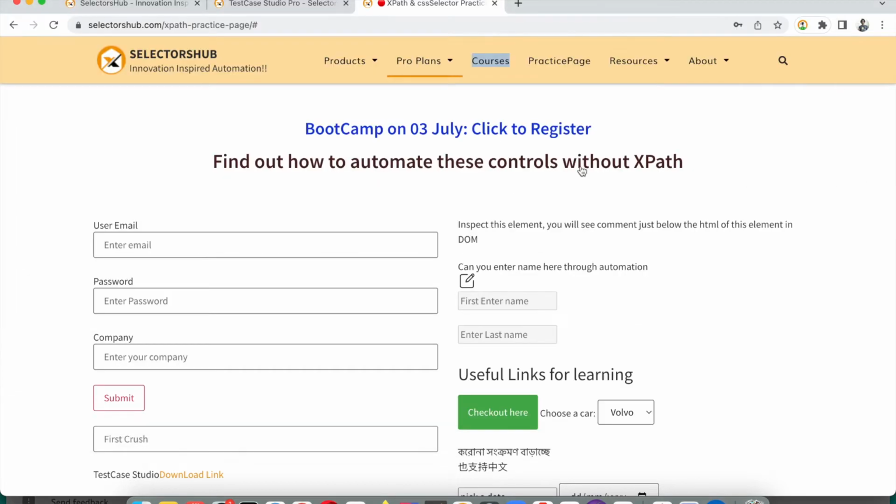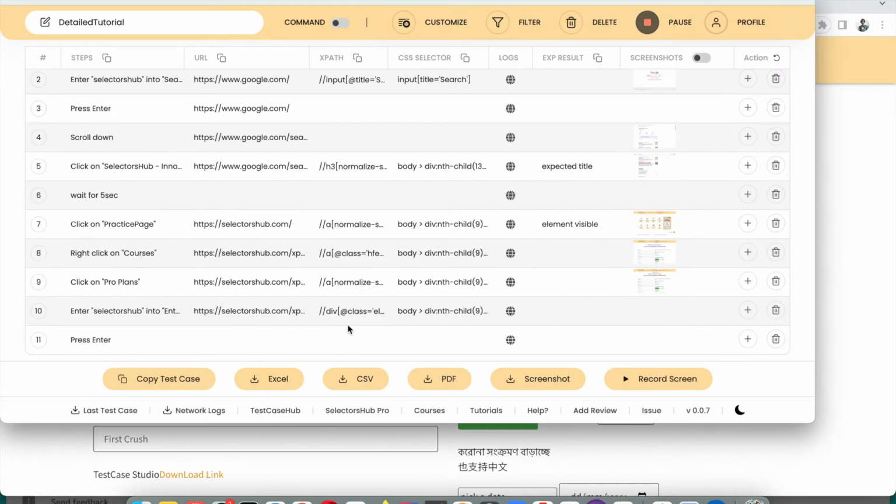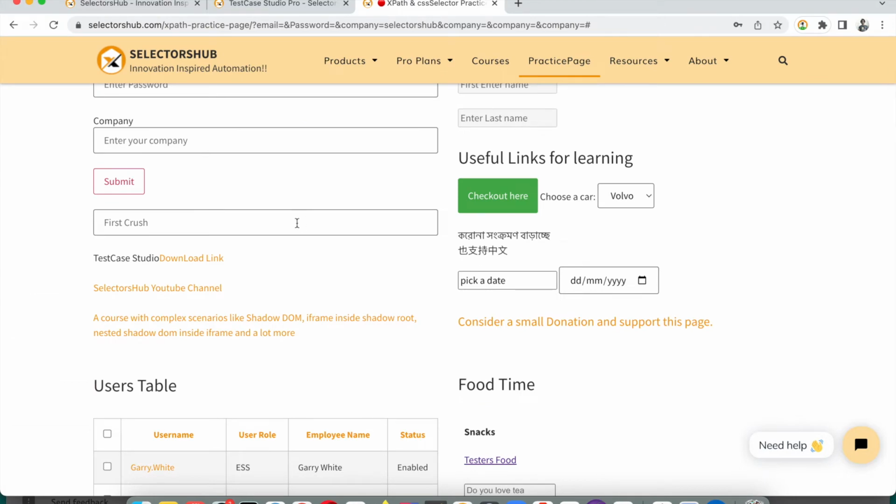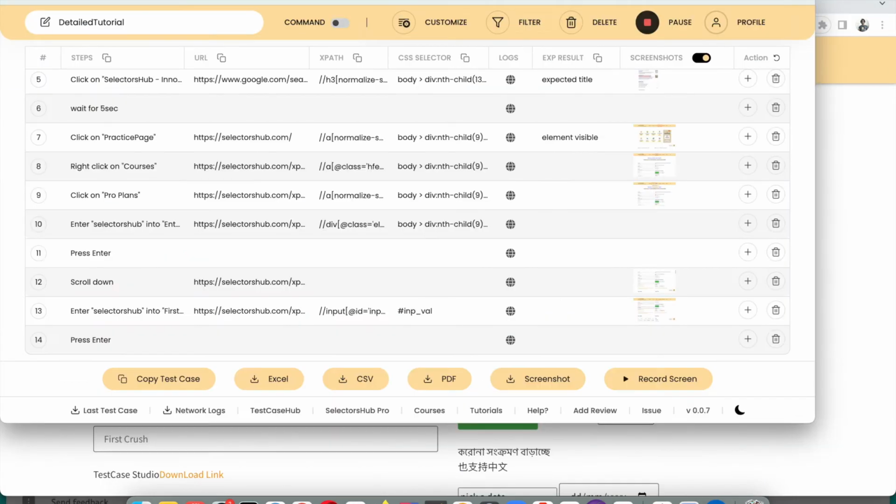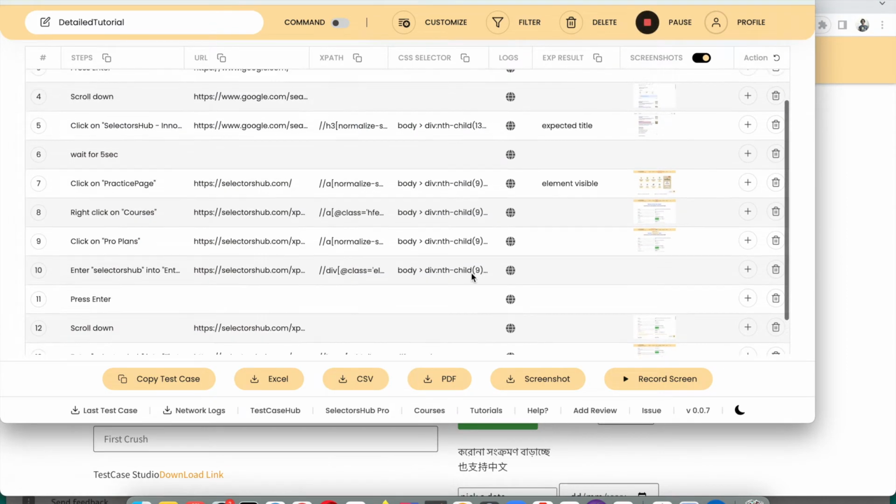So now you will see that if you perform, let's say we enter the company name here, you will find that it will not take the screenshot here. You see that it has not taken the screenshot. Now enter SelectorsHub into this, it didn't take it. Now suppose we want to take it, we can turn it on. And now if we enter, let's say here, some value,